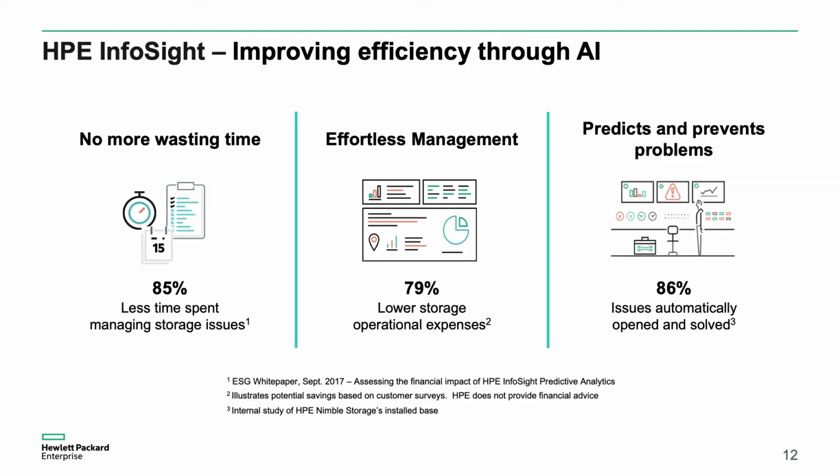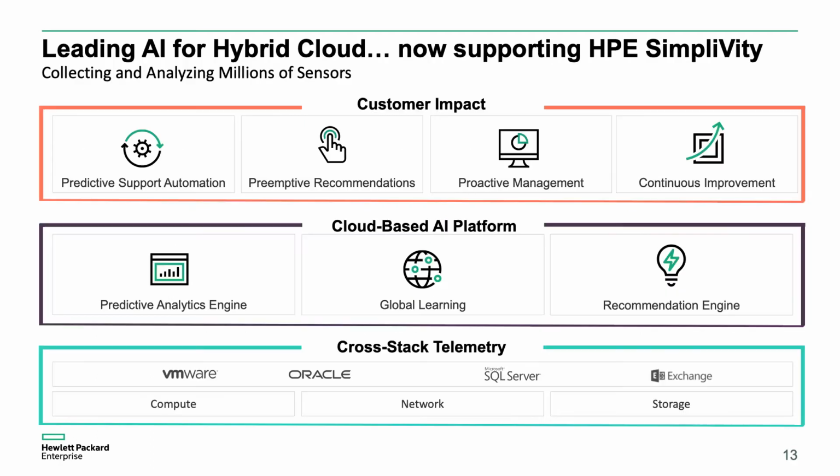This was born out of the Nimble acquisition, but now this technology is spreading across the HPE portfolio from ProLiant servers. Obviously, the storage portfolio has it, and now we're excited to introduce this for HPE SimpliVity and hyperconvergence, really taking hyperconvergence to a new level in terms of support and a support model. Now, behind the scenes, and we have several papers on this, several blogs around the model, but it's about